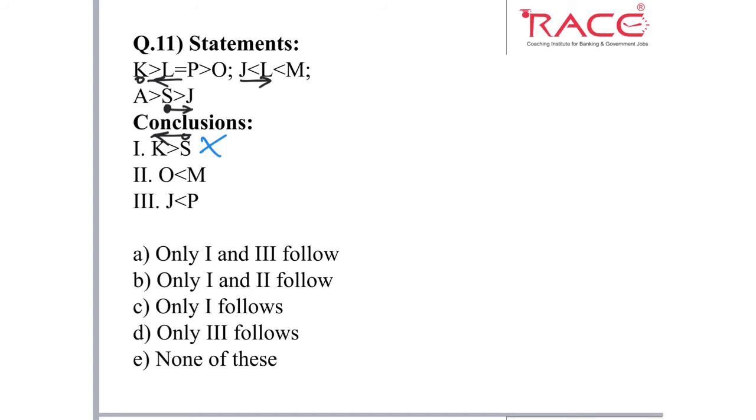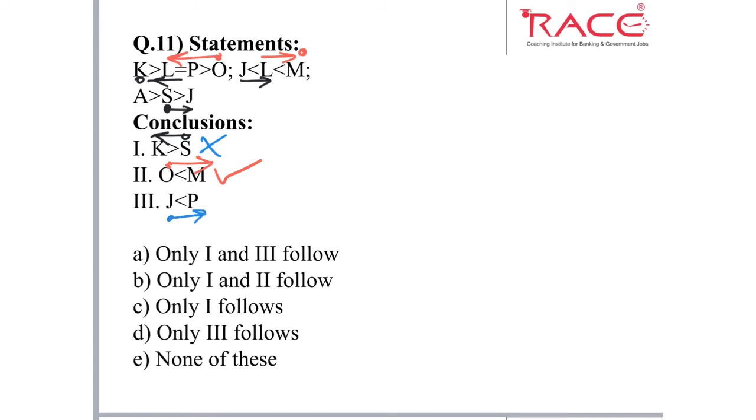is from O to M. Here we have O and here we have M. From O to L, from L to M. From O to L you can see an open face in the direction of the arrow. From L to M, again an open face in the direction of the arrow. And what we need is the one highest priority sign that we have. So this conclusion follows.